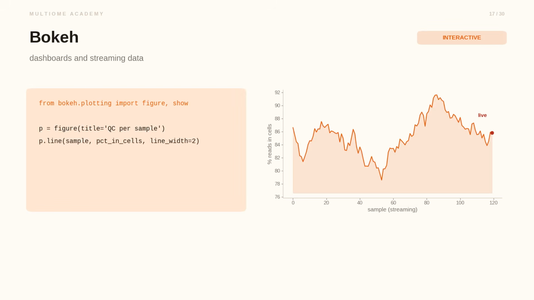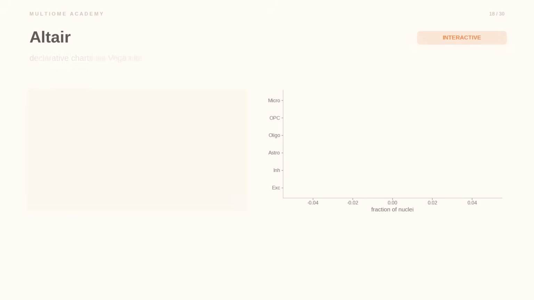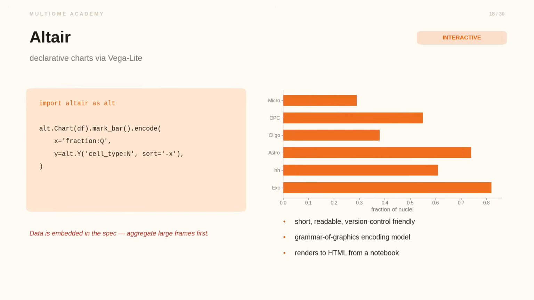Bokeh targets dashboards and streaming data. Its server component pushes updates into a live page, which suits monitoring something still in progress. Per sample quality control while a sequencing run finishes, rather than a figure you generate once and freeze into a manuscript. Altair is declarative. You describe the encoding and Vega-Lite renders it, which keeps chart logic short and readable under